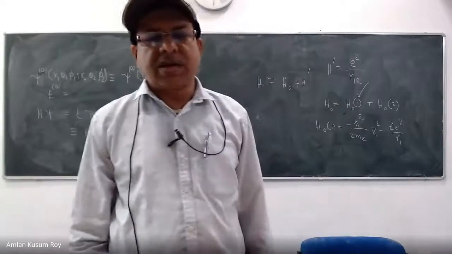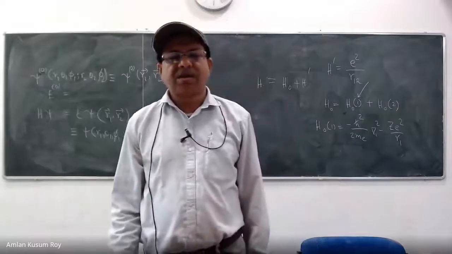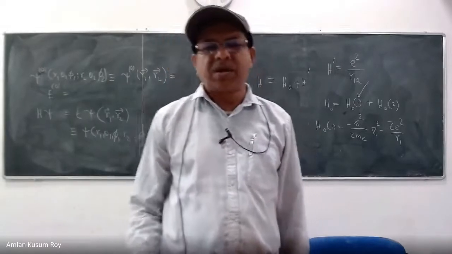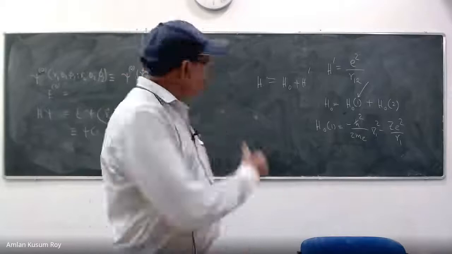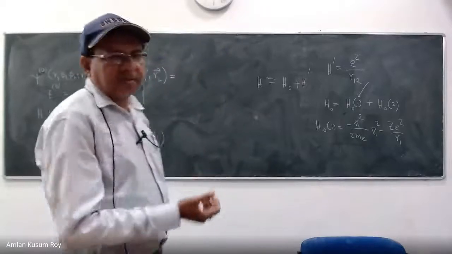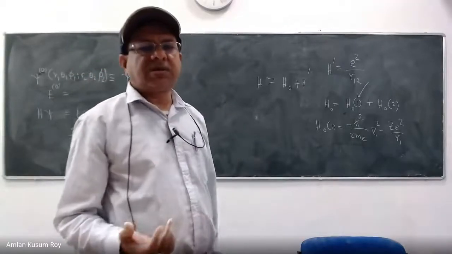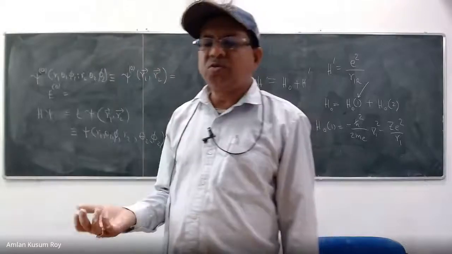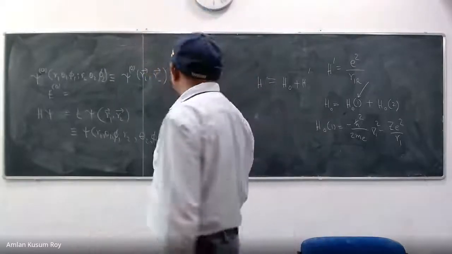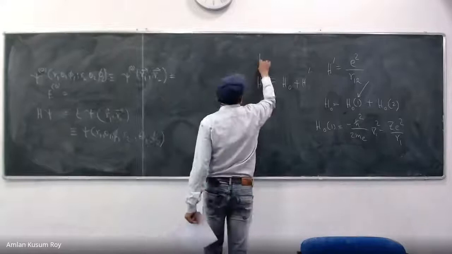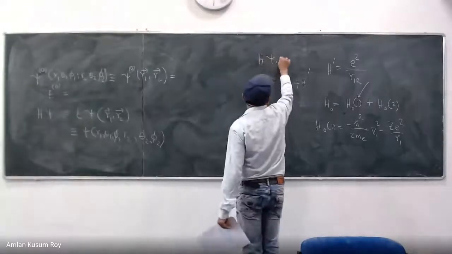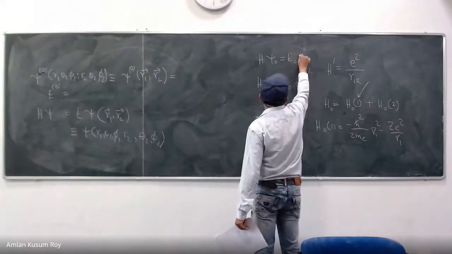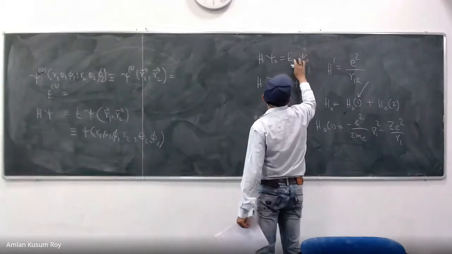The unperturbed wave function I know, but what should I write? The unperturbed wave function is known to me, right? So how do I know it? That is what I want to say. The unperturbed wave function and energy are known to me because they come from the solution of H psi 0 equals E psi 0, that is, H0 psi 0 equals E0 psi 0. I think we gave this.